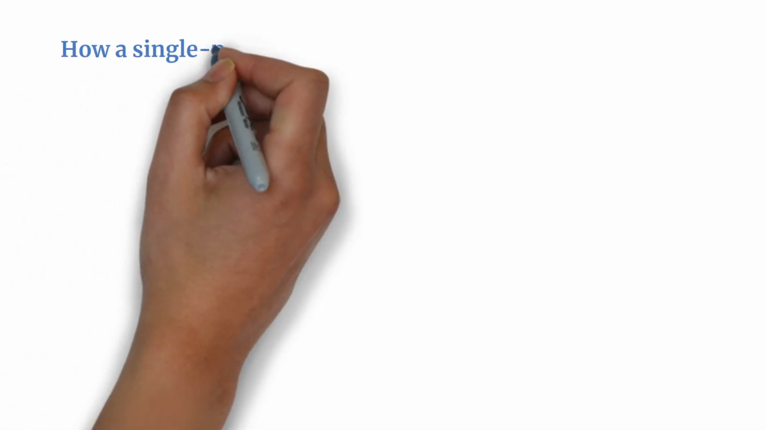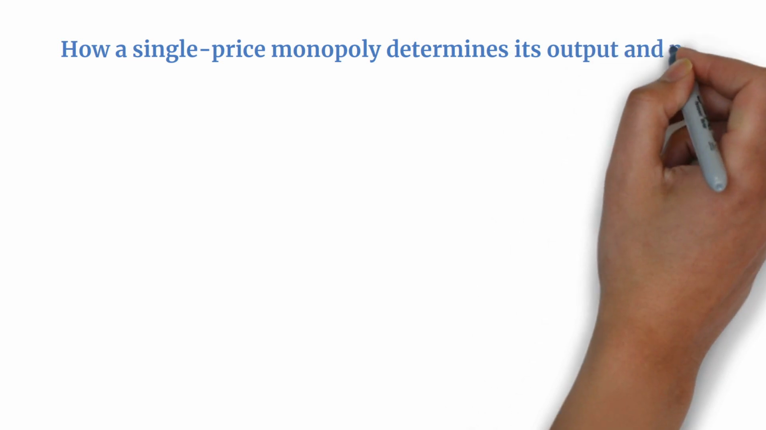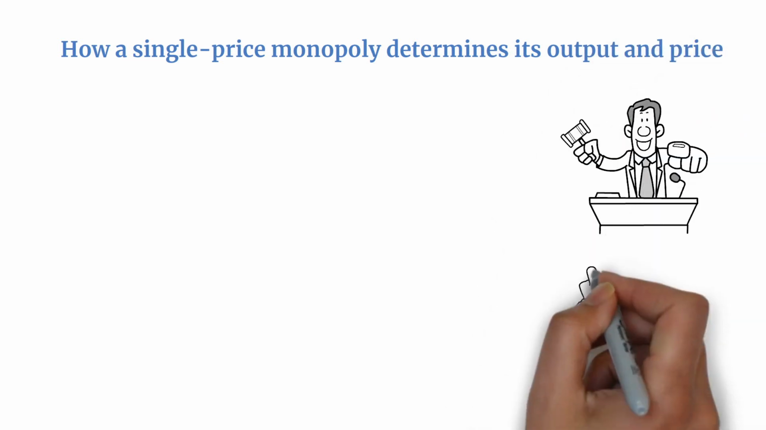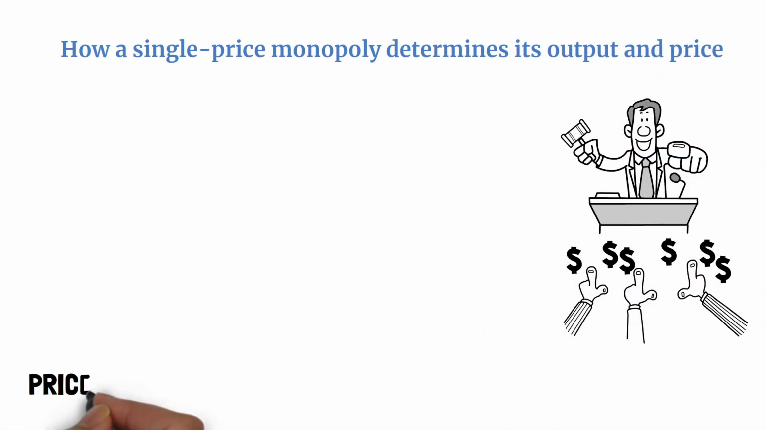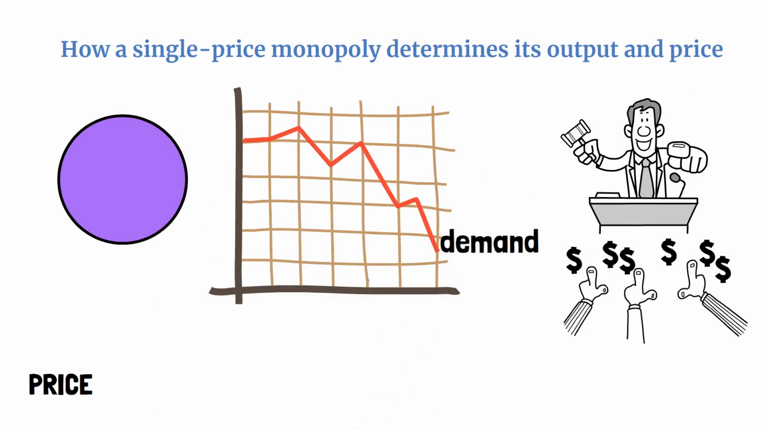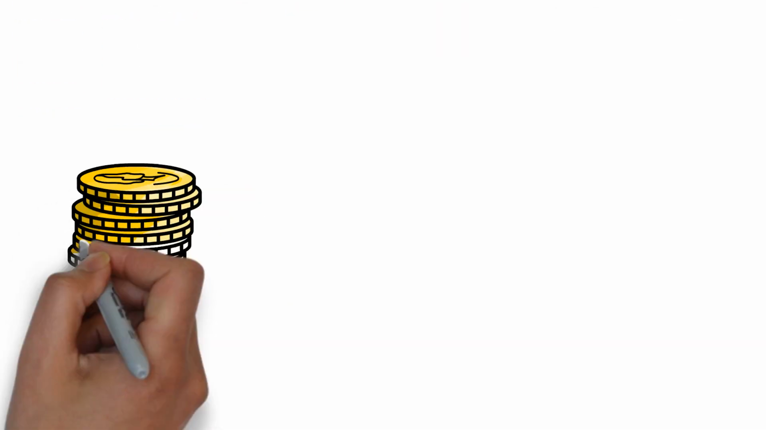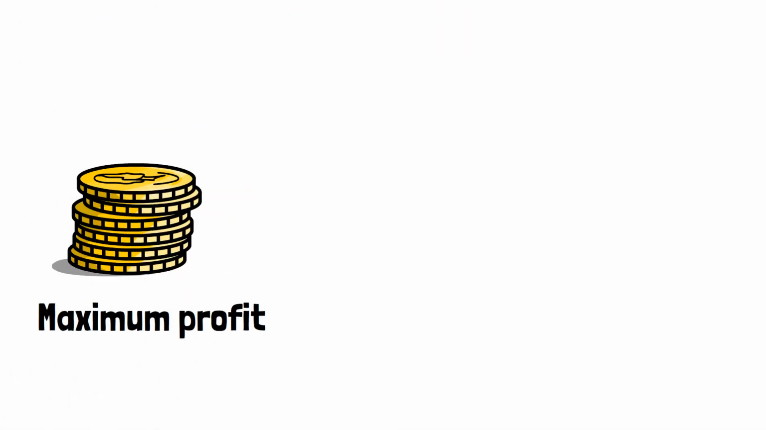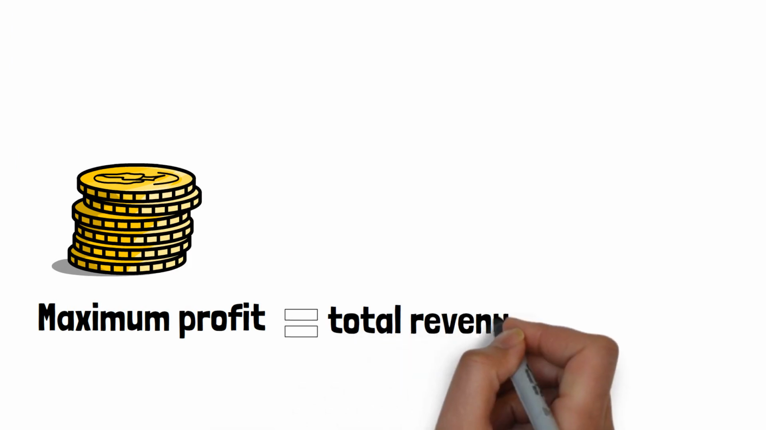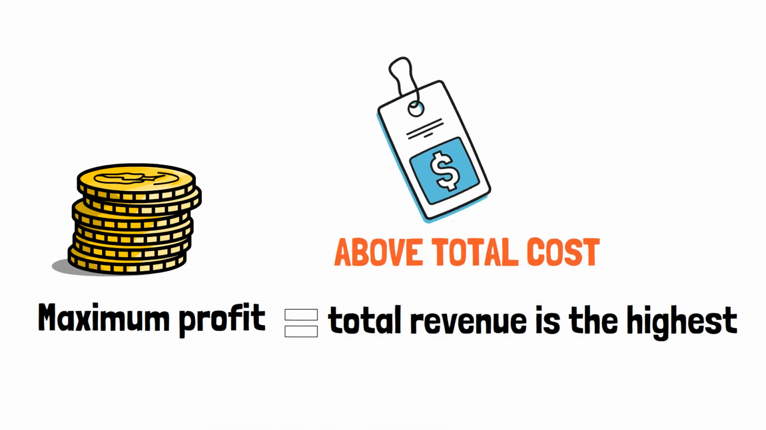How a single price monopoly determines its output and price. Monopolies still rely on the demand curve to determine price. When demand increases, they increase their output by reducing the price. Monopolists seek to earn the highest possible profit. The highest profit will occur at the quantity where total revenue is the highest they can set above the total